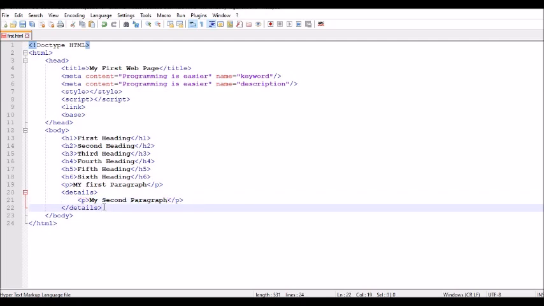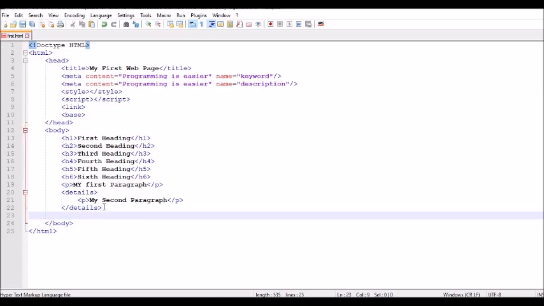So let's explore summary tag too, and we can see the output of the entire page we have created just now. So as I have told you, there will be a title in the name of details, and when we click on that, your content enclosed inside details tag will be visible, right?